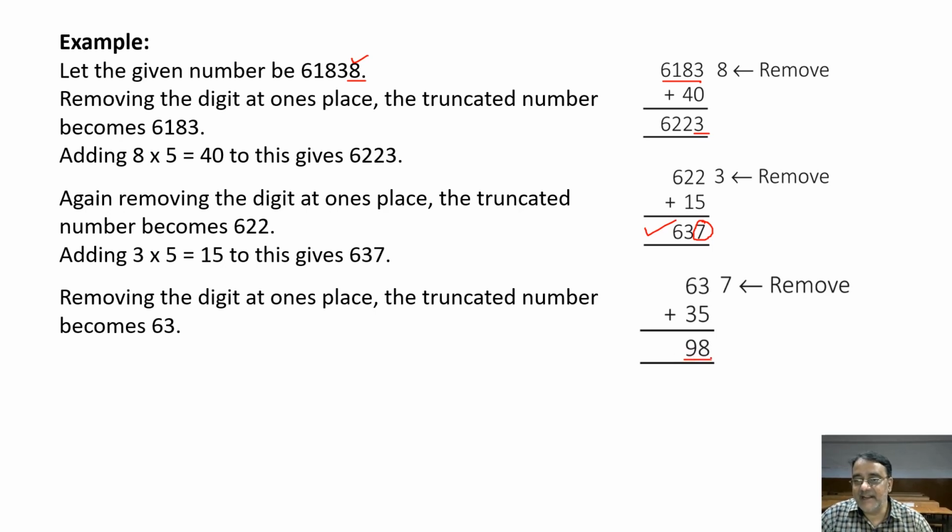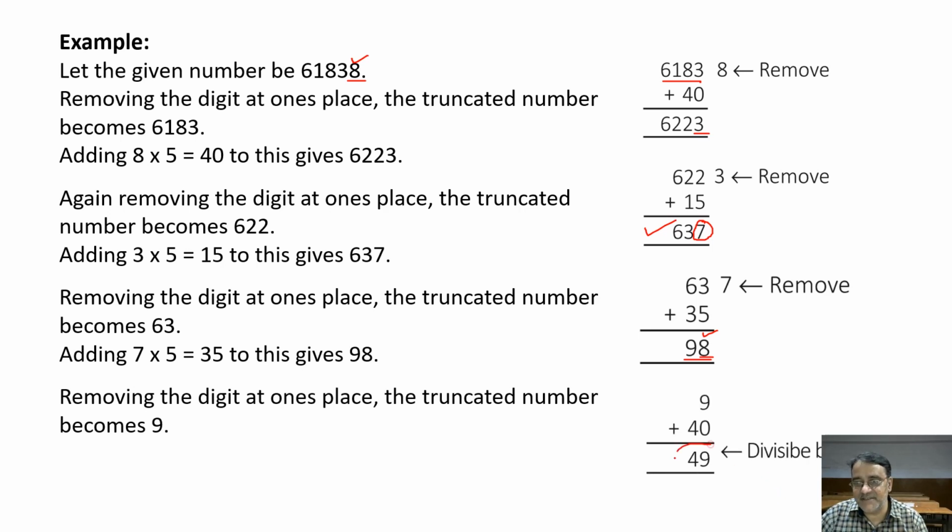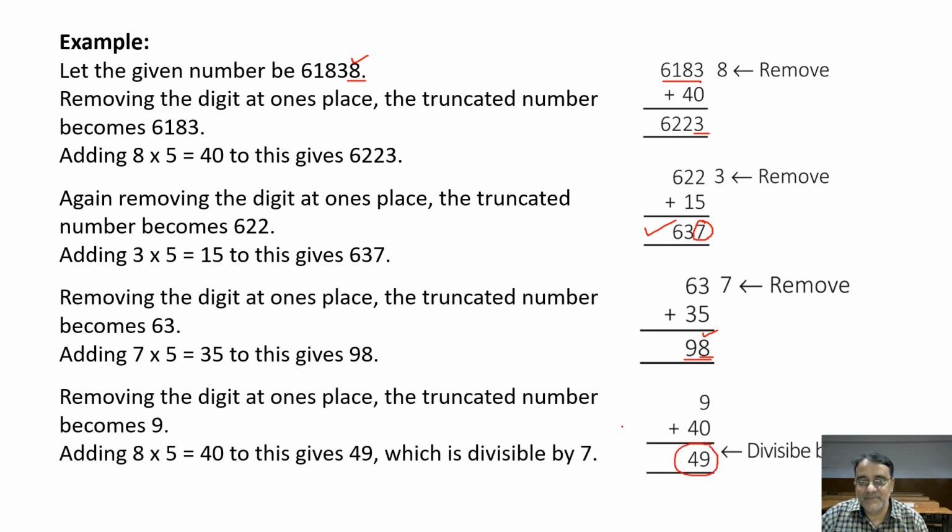ठीक है? 98 भी थोड़ा सा बड़ा नंबर है. सो हम लोग अदरवाइज 98 यू कैन चेक इट विद 7. 7 से डिवाइड हो रहा है डेफिनेटली. 14 इंटू 7 98 होता है. सो द नंबर इज ऑल्सो डिविजिबल बाई 7. अदरवाइज लास्ट डिजिट को निकालो, 8 इंटू 4 40, एड विद द ट्रंकेटेड नंबर 9 विल गेट 49. 49 is divisible by 7. So the number is also divisible by 7.